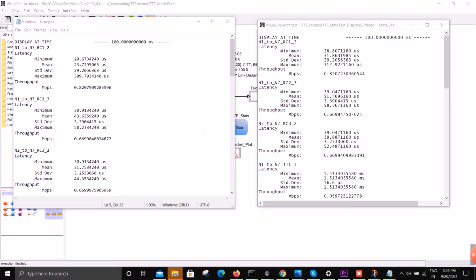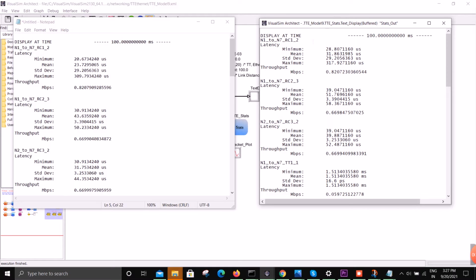When the model was simulated, we obtained the following statistics, placed on the right. The left one denotes the older statistics. You can see that the latency in the older one was less than that with the new link size. Earlier it was 20.67 and now it's 28.80.